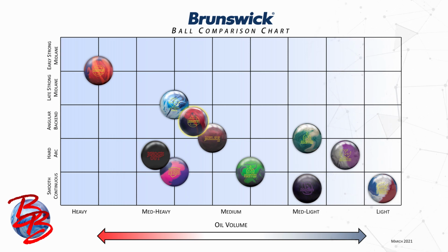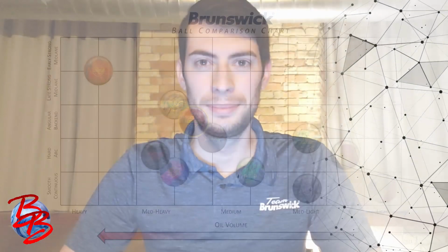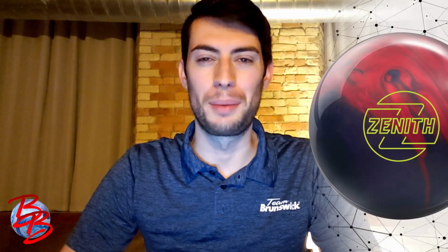And of course, if you're seeing too much bounce or too much overhook from your Zenith Pearl, a step down to the Melee Jab Blood Red is going to keep you in the same part of the lane but blend out the motion on the back of the lane a little better without sacrificing too much back end motion overall. And if all of these balls hook too much, a step down to the Igniter or the Rhino line can round out your block. I think the Zenith Pearl is just what the doctor ordered in terms of what this lineup was missing,